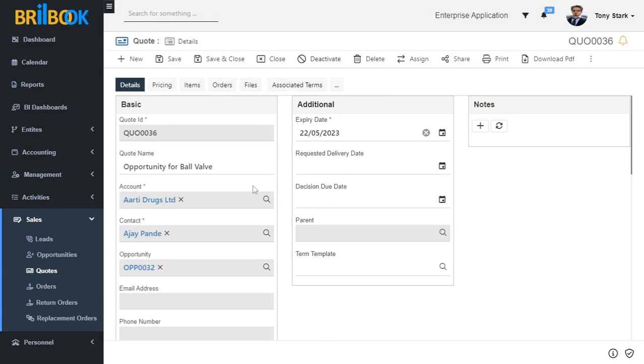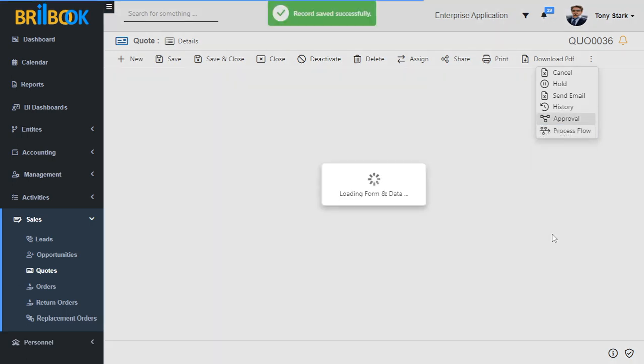Now I am going to submit this quote record. For submit the quote record, navigate to the ellipse button, click on approval and click on submit button to submit this record.